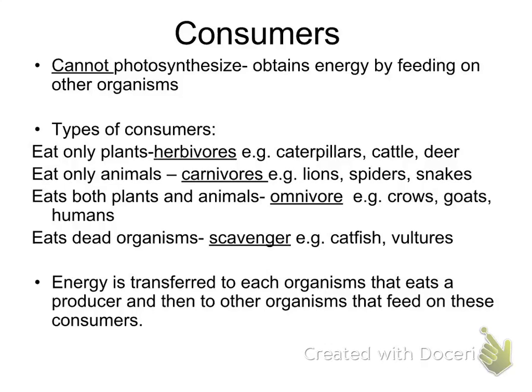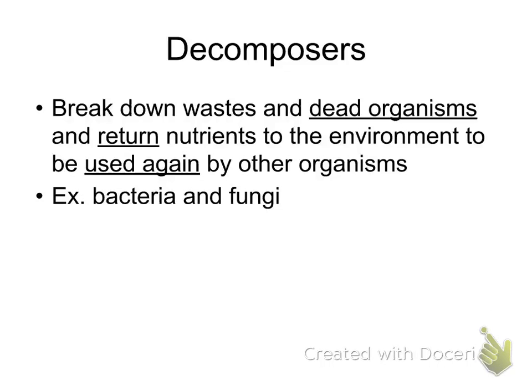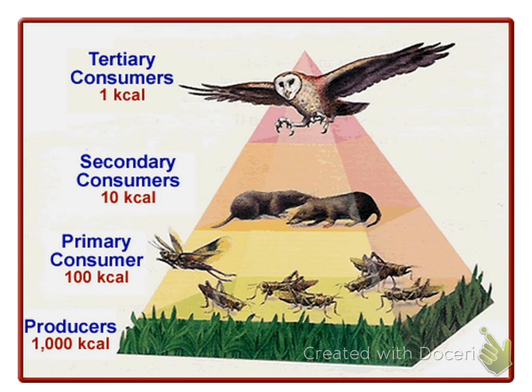So energy is transferred to each of these organisms that eats a producer, then it goes to other organisms that feed on these consumers. So it's one big chain, which we're going to see in our activity right now. Let's take a look. So now that we've done this activity, we should recognize that this is what we were mimicking as we did that. How many of you remember seeing something like this before? Okay, so we call this an energy pyramid because it's showing the energy flow throughout an ecosystem. The very first time we did the activity, like I said, we had 12 blades of grass, 6 grasshoppers, 3 moles, 1 owl, okay? This way, everybody got what they needed.